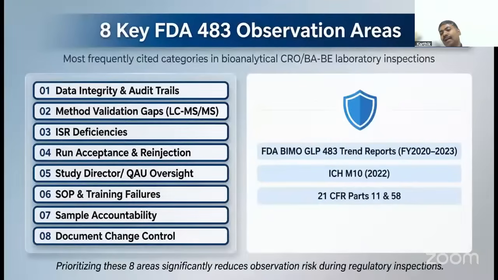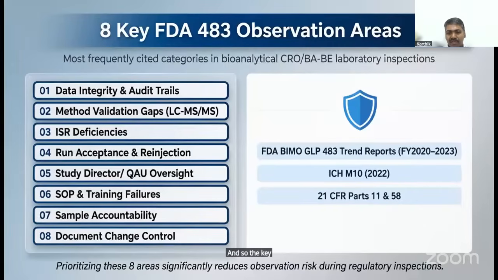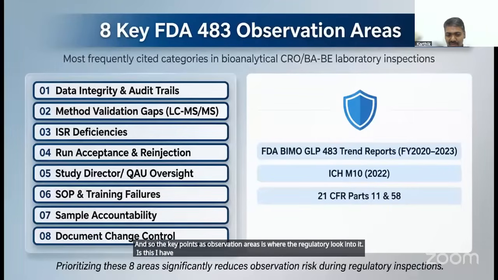And coming to the regulatory aspects, there are 8 key FDA 483 observation areas. 483 is nothing but the observations form which the US FDA provides to the companies. That particular form is the 483. The key points are the observation areas the regulators look into, which I have listed out, and we'll be seeing one by one what they look into individually and how we can